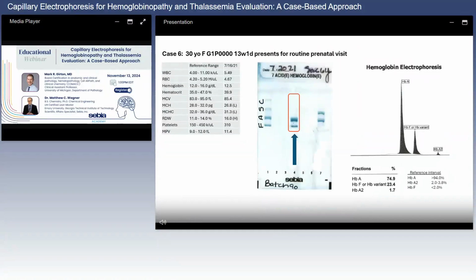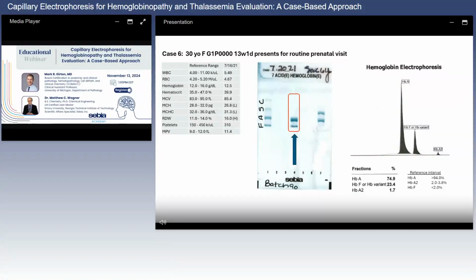Case 6, the 30-year-old female at 13 weeks presenting for a routine prenatal visit. Looking at the electrophoregram on the right, we see 3 peaks, a major hemoglobin A peak at 74.9%, hemoglobin F peak at 23.4%, so markedly elevated above the expected less than 2% complement that we would routinely see in adult patients. And a hemoglobin A2 of 1.7, so that's a little bit below the reference interval that we see here